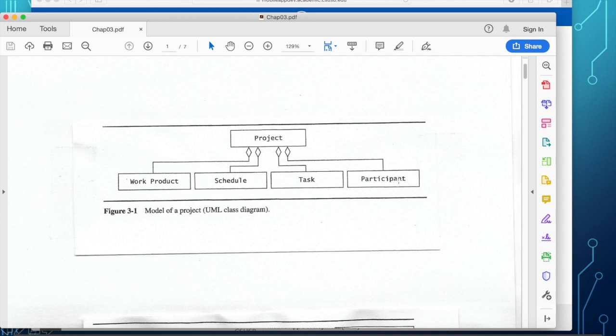The participants, of course, are all of you, and each one of you has a role to play, whether you're in the management level, project manager, assistant project manager, or team leads, or you are team members, you are software engineers or QA engineers, you are the participant of the project.